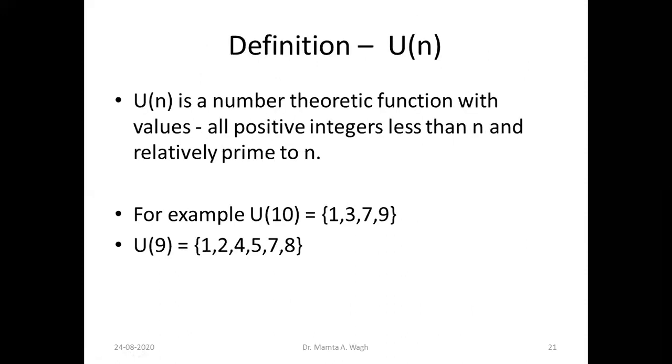So next is this UN. We are defining a new set UN. Basically UN is a number theoretic function, and the values of UN will be all the positive integers which are less than n and relatively prime to n. So for example, if I take n equal to 10, then U10 will be 1, 3, 7, 9. You can check that GCD of 1 with 10 is 1, GCD of 3 with 10 is 1, GCD of 7 with 10 is 1, GCD of 9 with 10 is 1. So these are all positive integers which are less